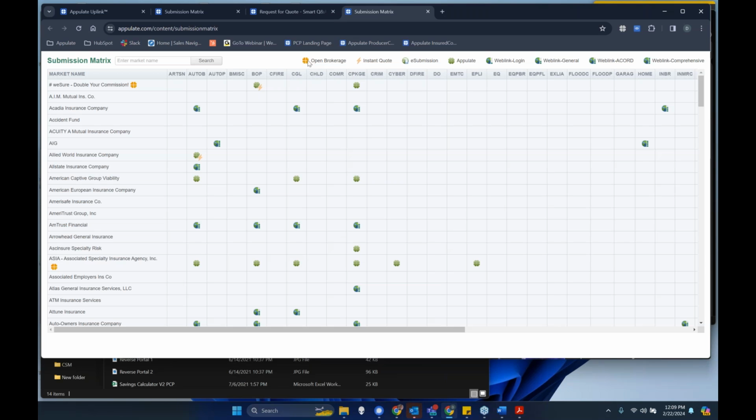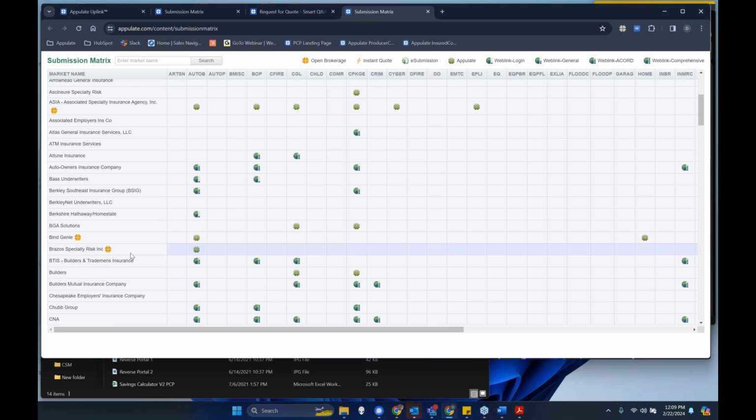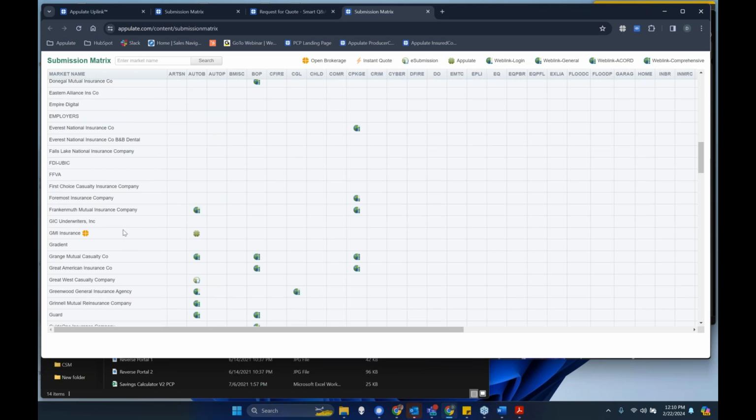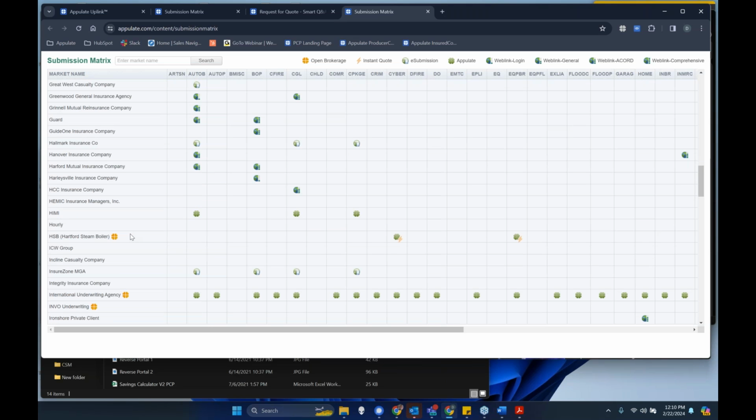So the first thing, if you're looking for new markets or you don't want to deal with the appointment process just to get a quote, you can look for these open brokerage markets. It's like WeSure, Asia, Genie, Brazos. We've got GM, we've got HSB, Steam Boiler. So if you need any of these, what they mean by open brokerages, you can get a quote from these markets without an appointment. Now, in order to bind, you're of course going to need to complete the appointment process,